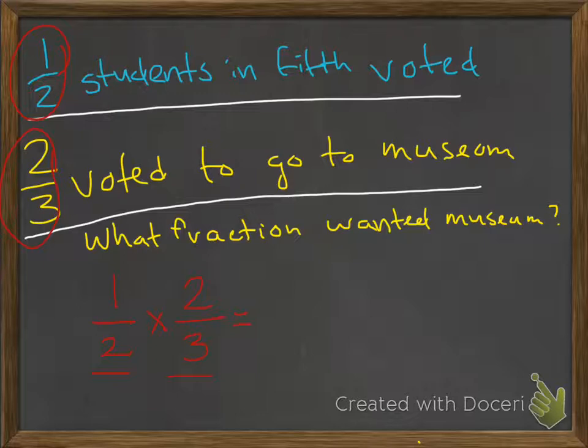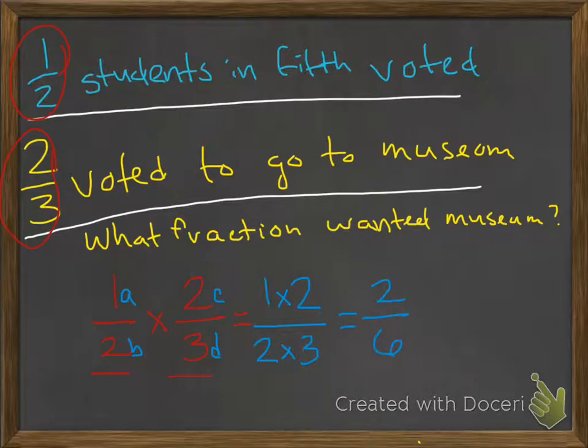So all we have to do is multiply across. Our numerator here is 1 for the first fraction, and the denominator is 2. For the second fraction, our numerator is c, or 2, and our denominator is d, or 3. So we'll see that a over b is 1/2 times c over d, which is 2/3. So using the algorithm, that'll be 1 times 2, divided by 2 times 3, and that gives us